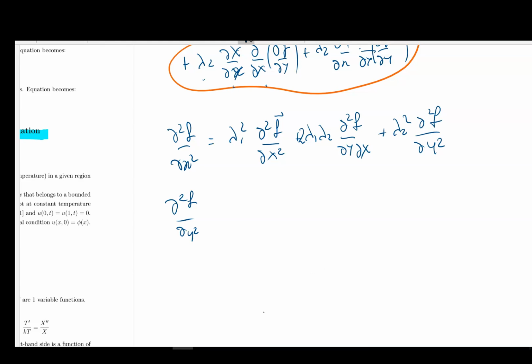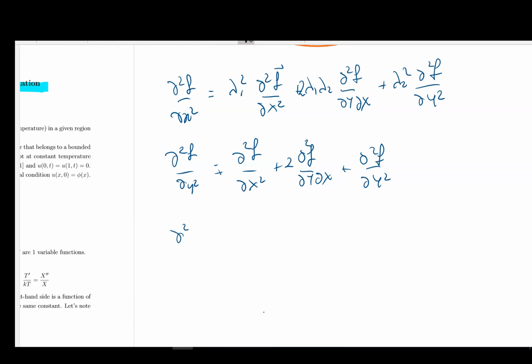It's just like the lambdas are equal to 1, so d2f over dx squared plus 2 d2f over dy dx plus d2f over dy square. And finally I would have my d2f over dx dy, given by,